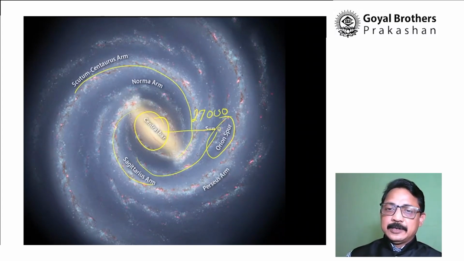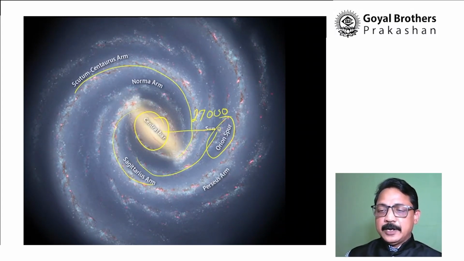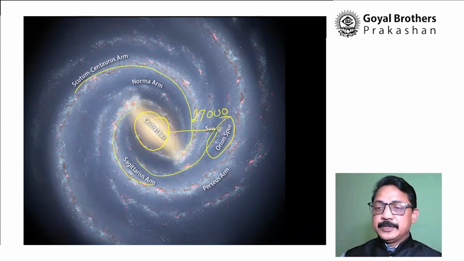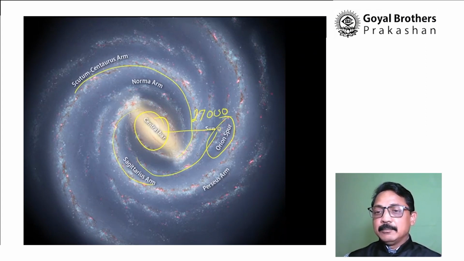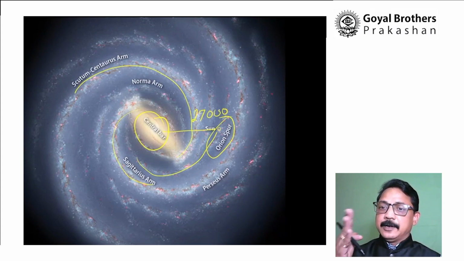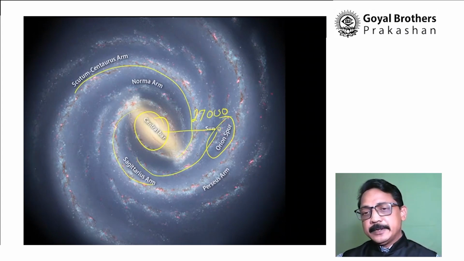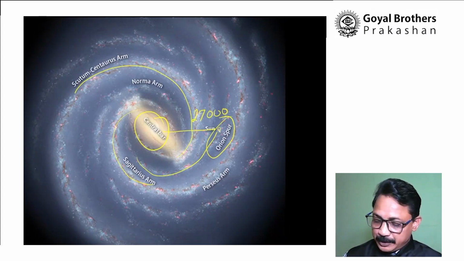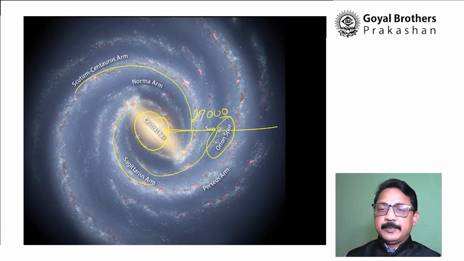Means to reach the center of the galaxy or move out of the galaxy. The fastest vehicles, the rockets made by human beings, can travel at a maximum speed of 75,000 kilometers per hour. If you travel at a speed of 3 lakh kilometers per second, then after 27,000 years, we will be able to reach the center of the galaxy. And to come out of our galaxy, we will require around